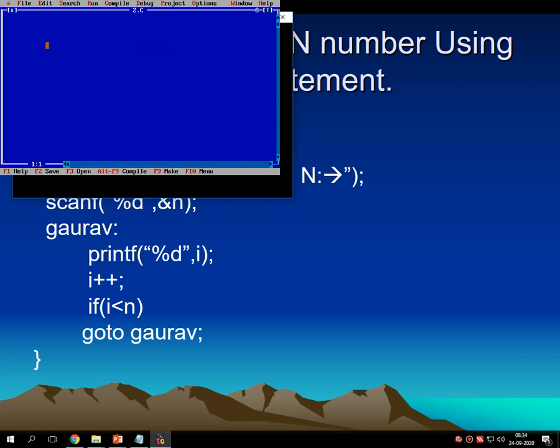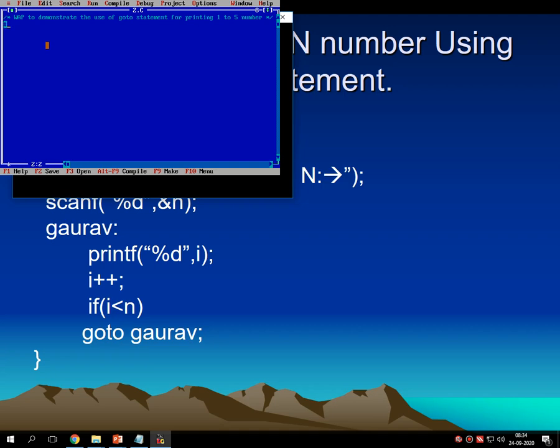Then there is a comment: write a program to demonstrate the use of go to statement for printing 1 to 5 numbers, and the comment gets over.